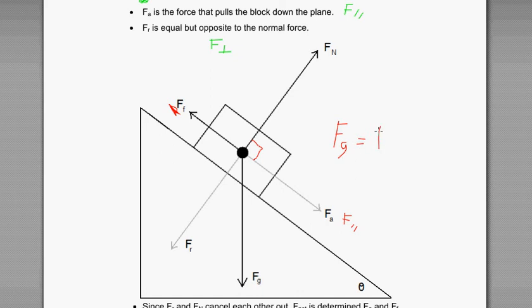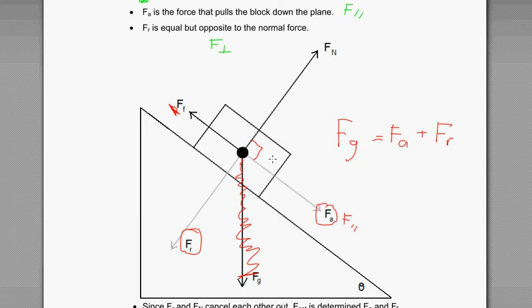FG equals FA plus FR. Sorry, I said FF, it's not FF, it's FR. It's these two terms. Now, when I break it into these components, this term naturally just disappears. It's gone. Once this is gone, because I broke it into two components, like if you have